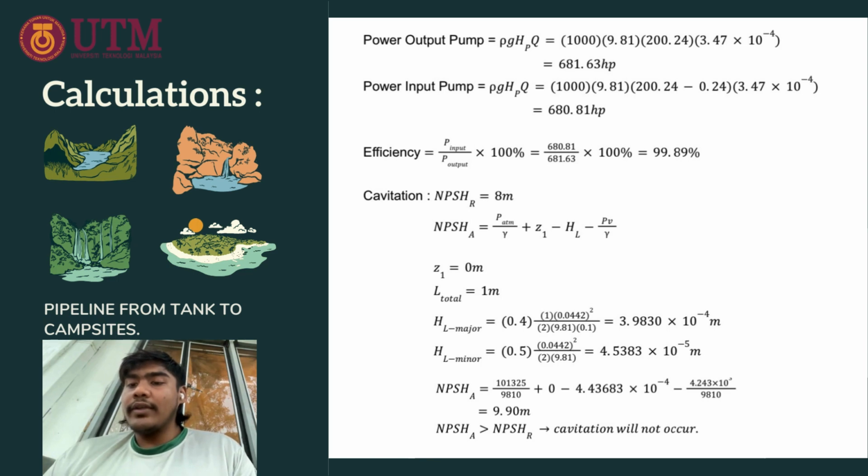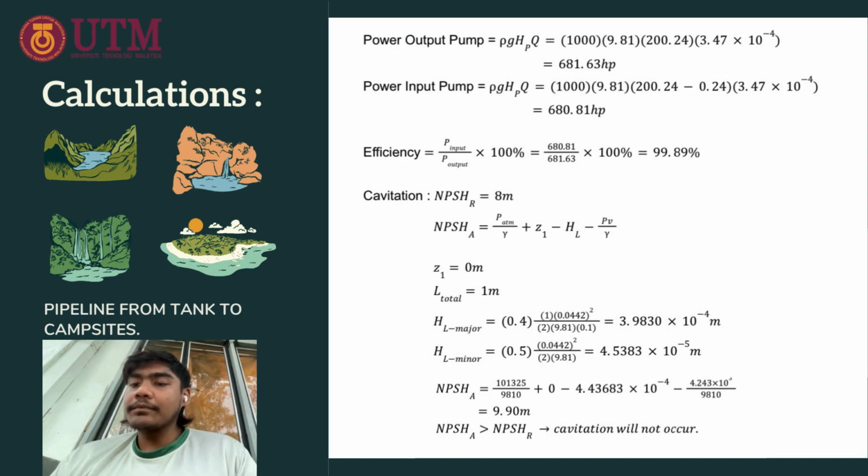Next, for the last part, we want to calculate the cavitation, if it occur or not. So for the MPSHR, we got for the developer of the pump is equal to 8 meter, and for the MPSHA, we use the formula of PATM over gamma plus V1 minus HL minus